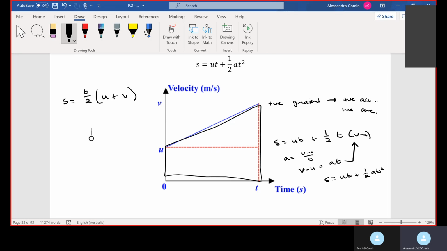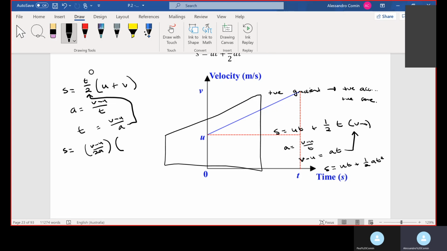Once again, using this equation here, we're going to have a is equal to v minus u on t. So let's get rid of that pesky t. So we're going to have t is equal to v minus u on a. And if we sub that in, we're going to have s is equal to v minus u on 2a, because it's just going to be 2 times a, I hope we can see that, times u plus v, which is just going to be, if we take out the 2a, s is going to equal 1 on 2a,